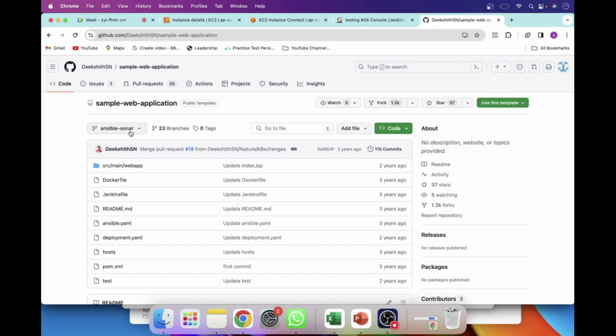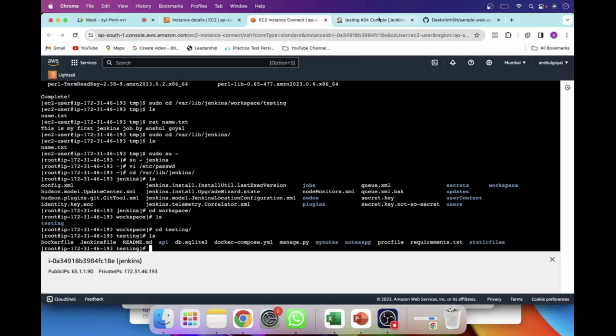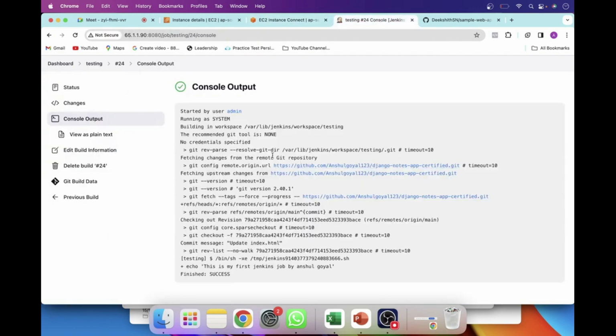जेनकिंस डाउनलोड करने के टाइम पर ही आपने गिट भी डाउनलोड किया, फिर से गिट इंस्टॉल किया? नहीं नहीं, एक ही बार किया, बस मैंने जब बिल्ड किया। जब इंस्टॉल प्लगइन्स में किया है ना, उसमें गिट भी था ना इंक्लूडेड? हाँ, वो हमने इंस्टॉल किया है प्लगइन जेनकिंस के अंदर। ठीक है, लेकिन आपकी मशीन के अंदर भी गिट होना चाहिए। ये तो आपने जेनकिंस में किया है, लेकिन आपके EC2 इंस्टेंस मशीन में भी तो गिट होना चाहिए। जो आपने इंस्टॉल किया वो प्लगइन है जेनकिंस का, जिसकी सहायता से वो गिट से जेनकिंस बात करेगा। हाँ, जेनकिंस में गिट मैंने इसलिए इंस्टॉल किया है ताकि जेनकिंस गिट प्लगइन के थ्रू गिटहब से बात कर सके, उसको सपोर्ट कर सके, राइट? ओके सर।